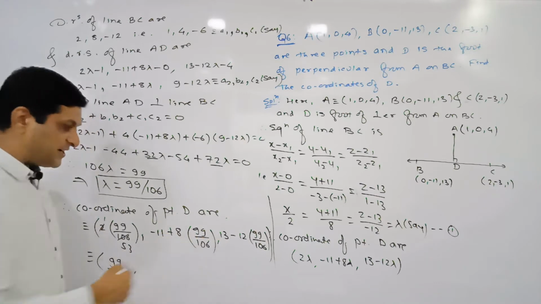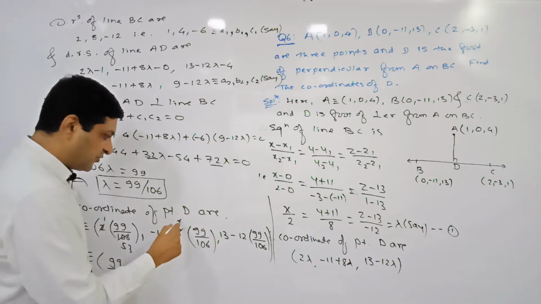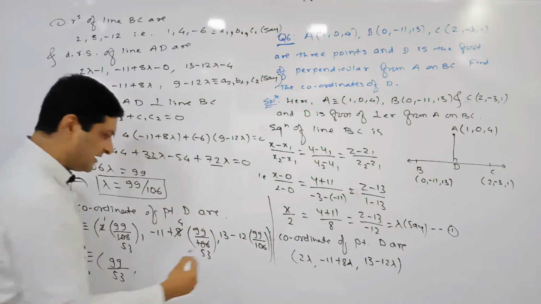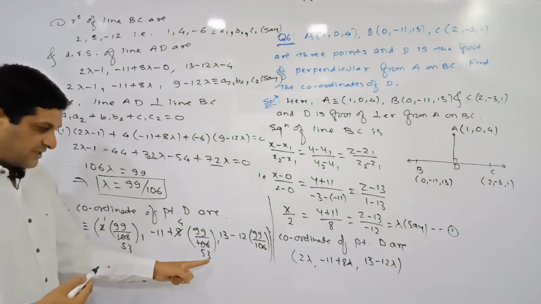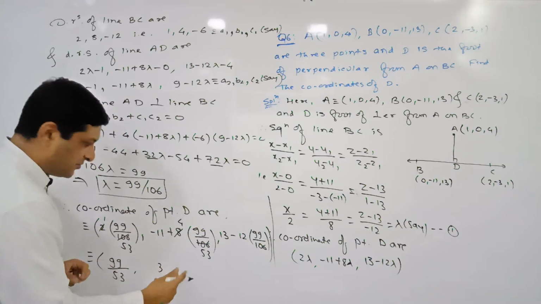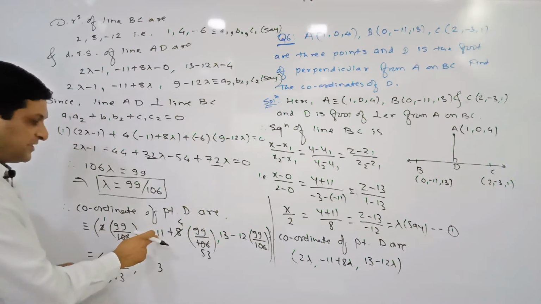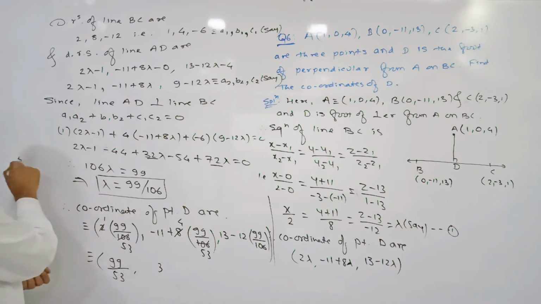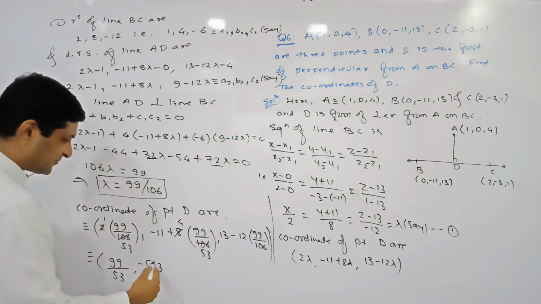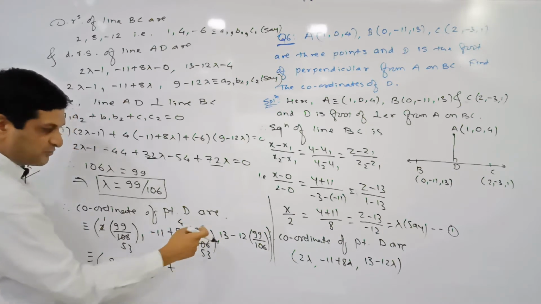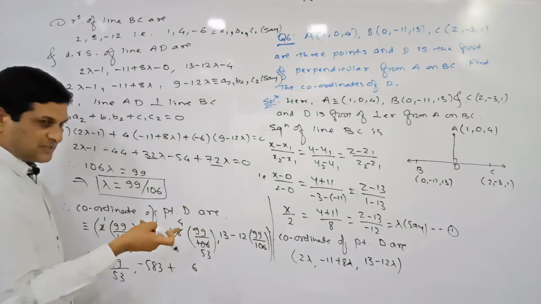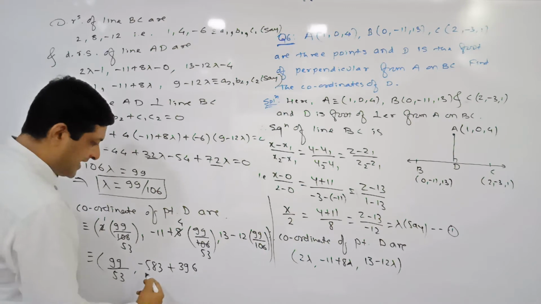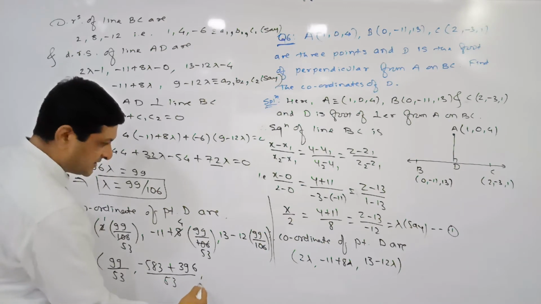Now let us simplify the y coordinate. Both terms are divisible by 2, 4s are and 2 53s are. So 53 into minus 11. Take the cross multiplication: 53 ones are 53, 53 plus 5 is 58. So we get minus 58 plus, multiplying 4 by 99, 4 9s are 36, carry 3, 39, divided by 53, keep it as it is.